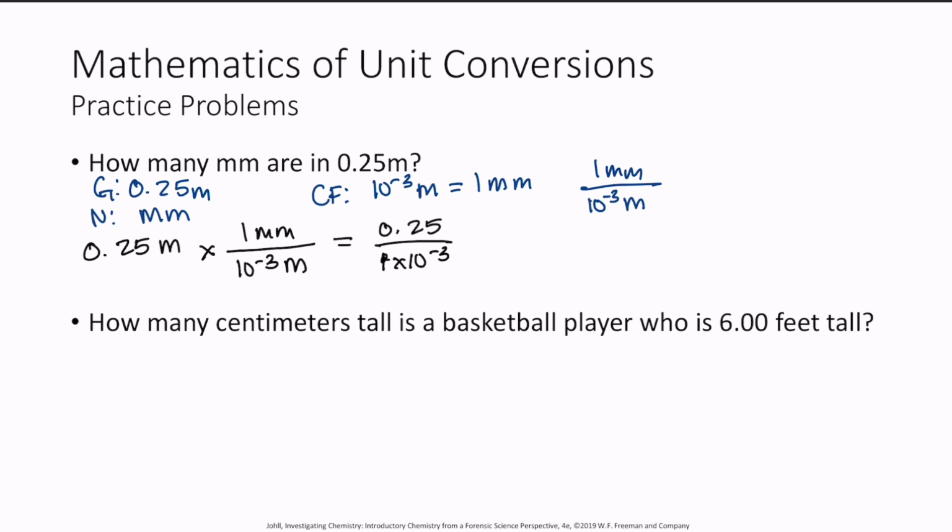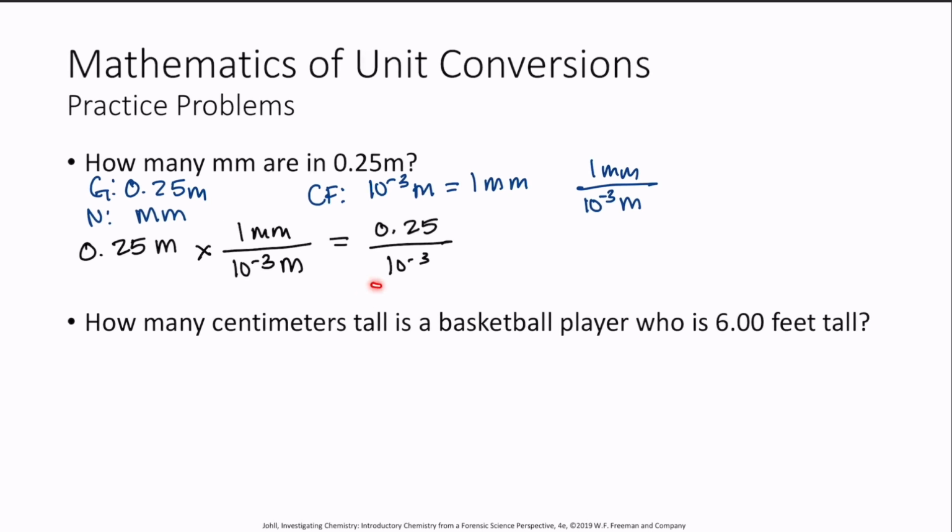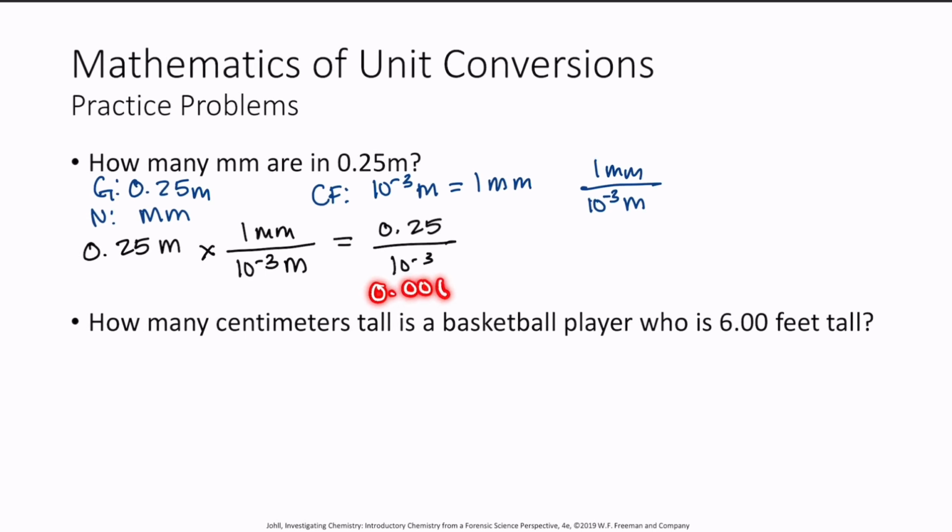Now, please realize that 1 times 10 to the negative 3 is going to be the same thing as 10 to the negative 3. Mathematically, numerically, those are equivalent, just like that is equivalent to 0.001. So now in my calculator, what I'll do is I'll enter 0.25 and then divide that by 10 to the negative 3. And that will give me my answer of